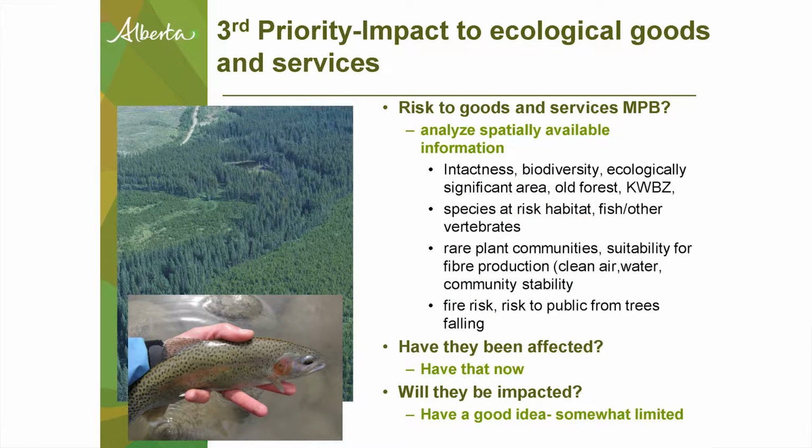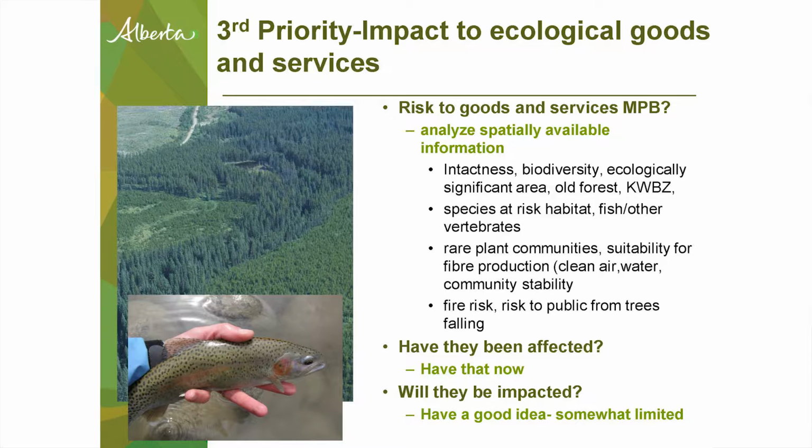So impact to ecological goods and services. Really what we wanted to do is find out those ecological goods and services, spatially locate them on a map, use our data of dead mortality areas to see where those intersected, to identify what are the spatially available and locatable values on the landscape, and have they been affected or not? That seemed to be a critical thing to find. A lot of this stuff, we can anecdotally say, yeah, we think this happens or this happens, but unless we can spatially explicitly locate it and see those interactions, then we can't really do a whole lot.